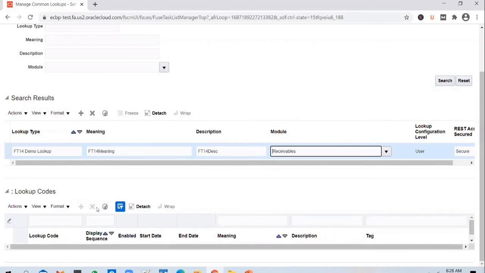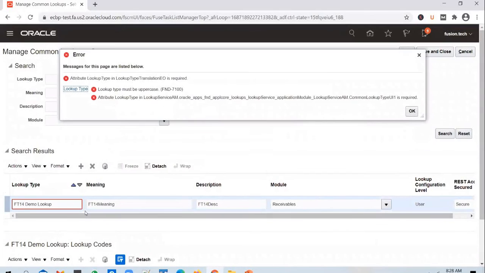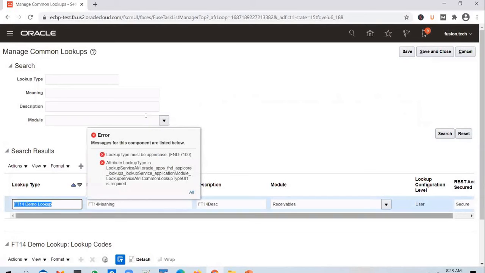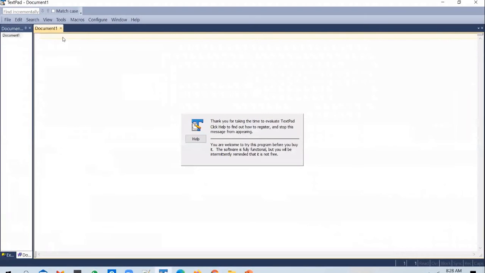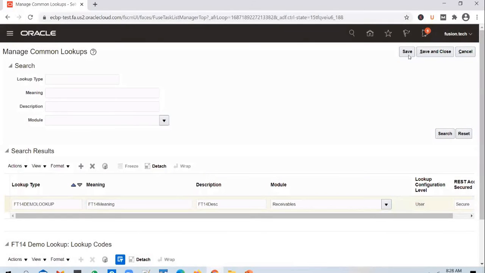And you don't see a plus symbol enabled here. So you create a lookup header first, you create a lookup type, and then you add entries into the lookup, right? So you save it. And when you save it, you see the plus symbol gets enabled. Okay, it says it has to be all uppercase. Okay, and I don't think a space will also be allowed. So I'll just change it and save it.